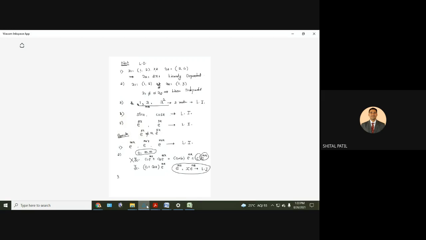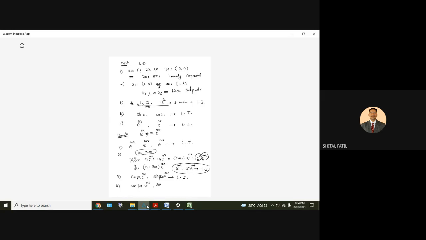Okay, next, see the third formula. There we consider cos of beta x into e raised to mx. This is one function. And sine of beta x into e raised to mx. This is the second function. And they are linearly independent. Now you can search what the linearly independent functions are in formula number 4. Can you do it yourself?